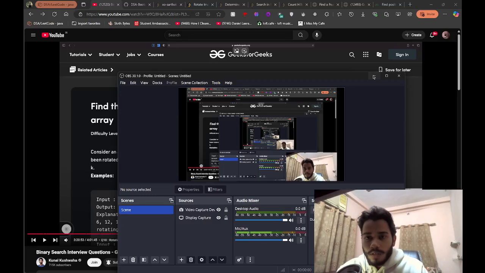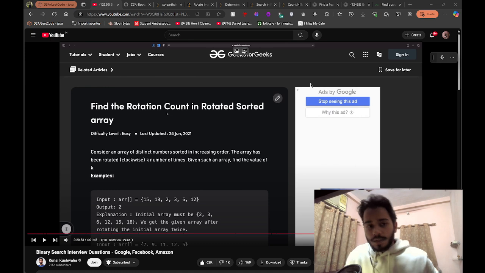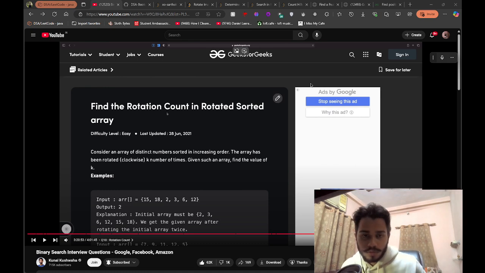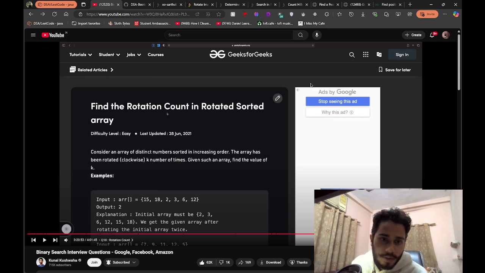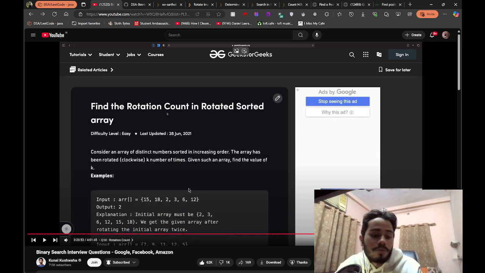Alright, so here we have this question. Basically, we have to find the rotation count in a rotated sorted array. So what we have to do right here is basically just find out the number of times we rotated the array, to be precise. So initially the array would have been,